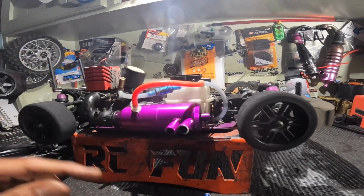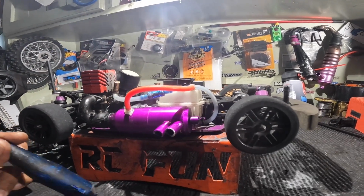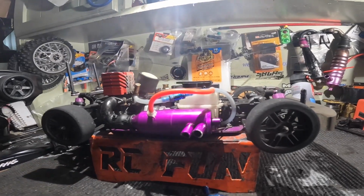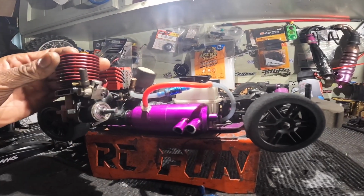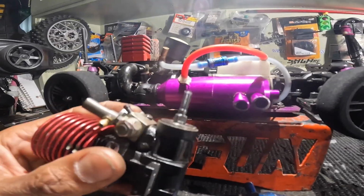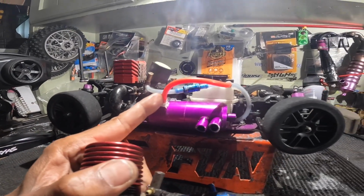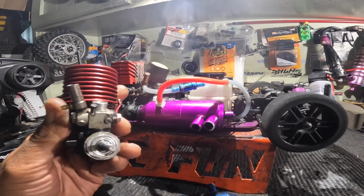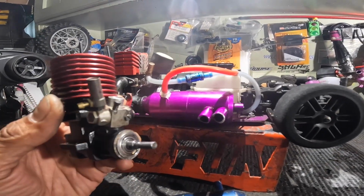So let me know what y'all think. Should I go back, put the old air filter back on, run it, see what the max is, and then switch over to this filter, see what the max is, and then we're gonna put this little bad boy in there. So everything should just drop right in. I'm hoping that this shaft is not cut too short, because then I would get binding in the gears. Then this would only be good for a single speed. But I'm hoping that it works for this, because I really want to try this out and see how this carries on. But other than that,